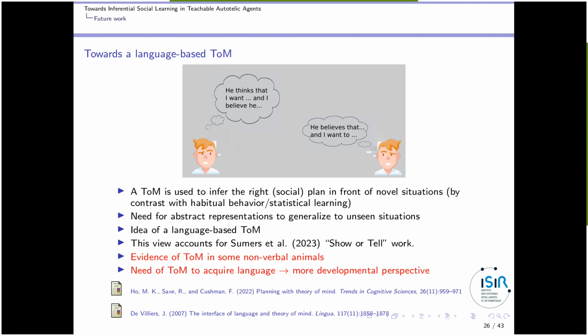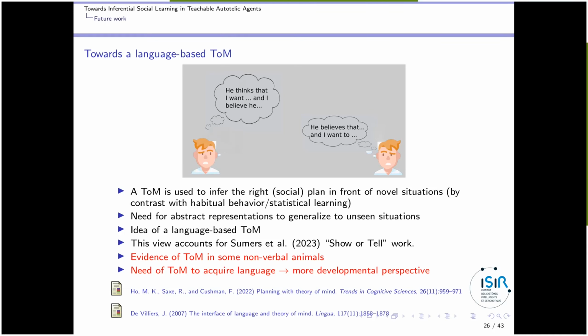But we tend to infer the goal of the other and what demonstration or what language we should use when the situation is novel for us. They claim that if we want to generalize to unseen situations, we need to manipulate abstract representations, and that language is mostly appropriate for that. So they suggest that theory of mind should be mostly language-based.